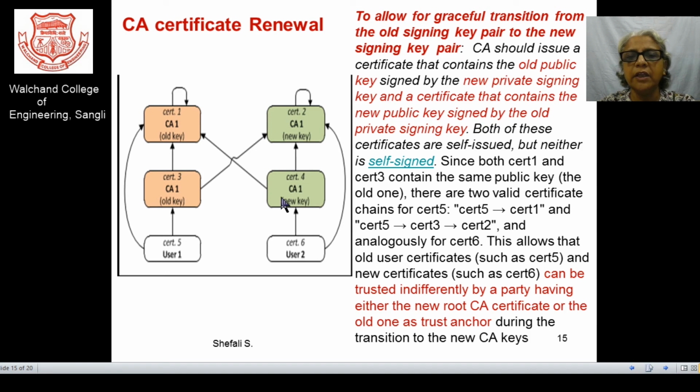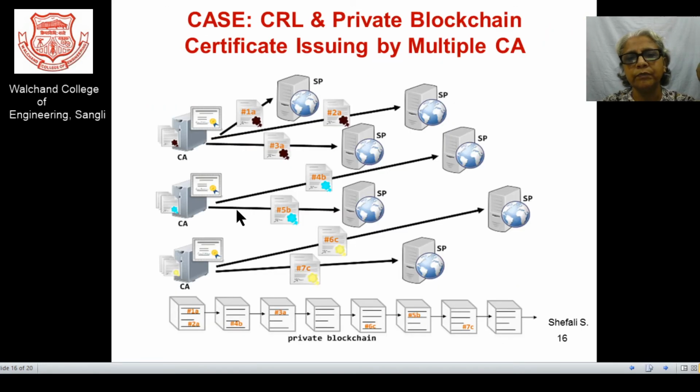By having any of the keys, if such exchanges are carried out prior to any legitimate use of those, then it can be allowed. So this is another situation I wanted to discuss with you.